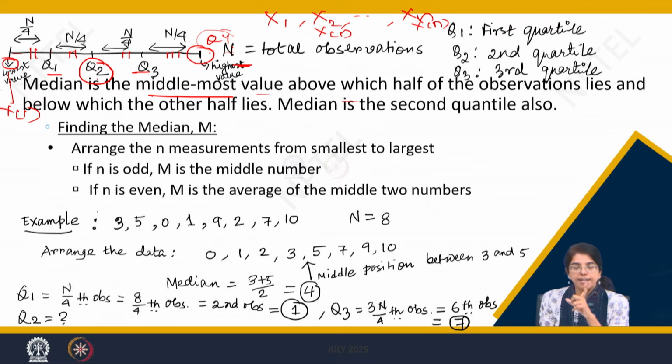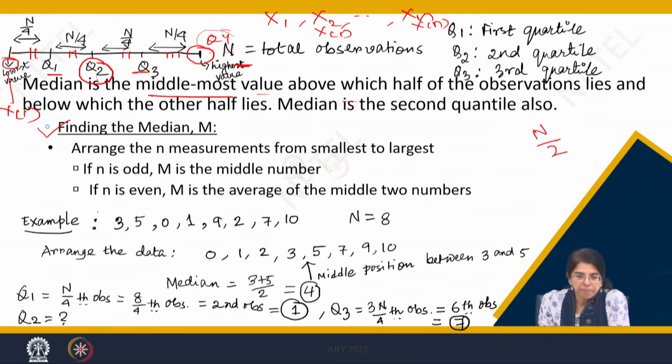Similarly, in a nutshell, the median is the point which divides the entire n into 2 parts. Above the median n by 2 observations lie, below the median n by 2 observations lie, and probably you have noticed that Q2 is analogous to the median. Why? Because above Q2 there are n by 2 observations and below Q2 also n by 2 observations. Just add n by 4 plus n by 4, what does it sum up to? It sums up to n by 2, clear?